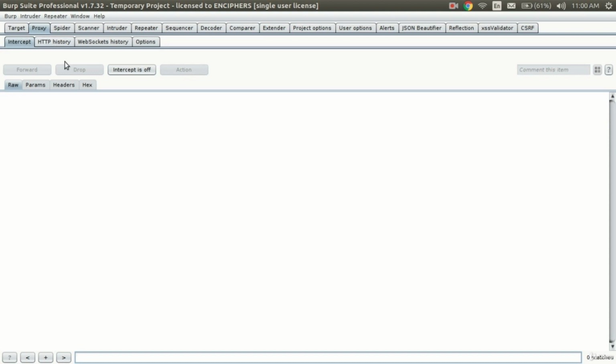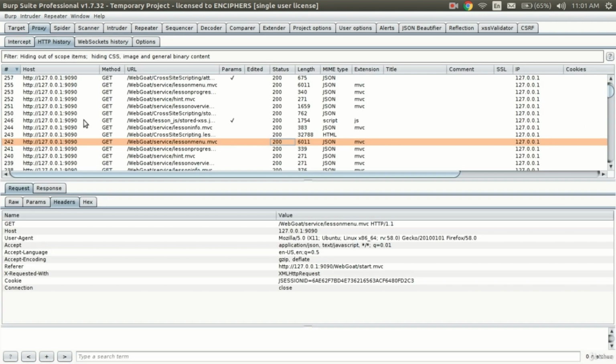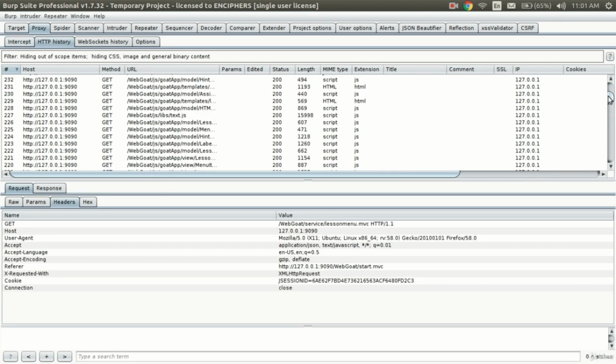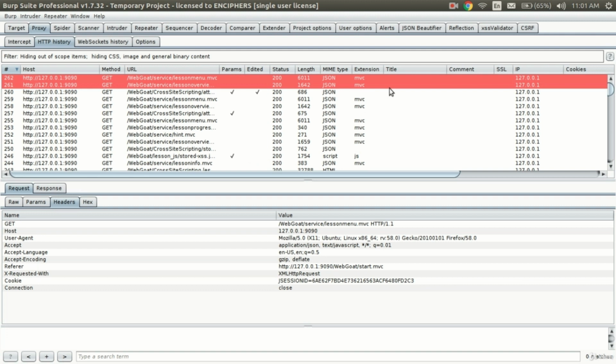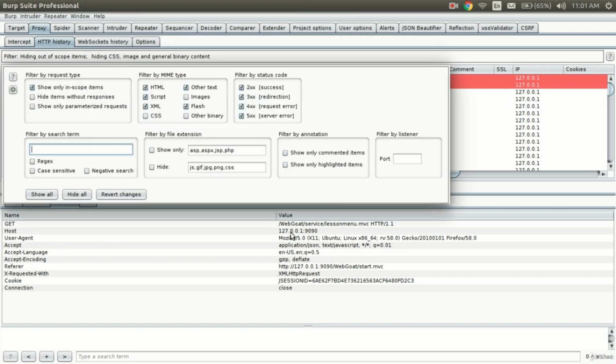And the intercept option, as I mentioned before, is only useful when you are dealing with a small amount of requests, or if you want to see a request specifically, how it has been set up or which method it is sending, and you want to change the content inside it. Then you will use the intercept. And HTTP history will have the history of all the browsing which you have done in Firefox. Since I have set it up with Firefox, anything which I browse here and define in scope will come here in the HTTP history, and you can always filter it through this.